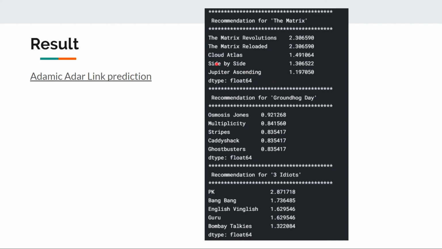The two closest nodes are the sequels of the Matrix movie, which makes sense according to our domain knowledge. Next, we can plot the example result into a graph.